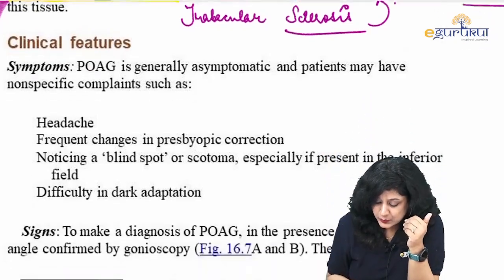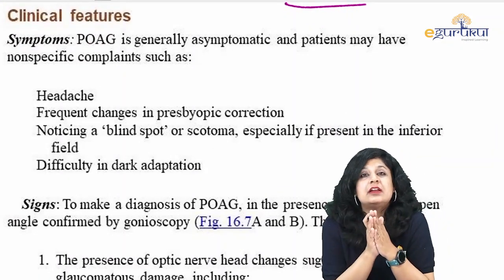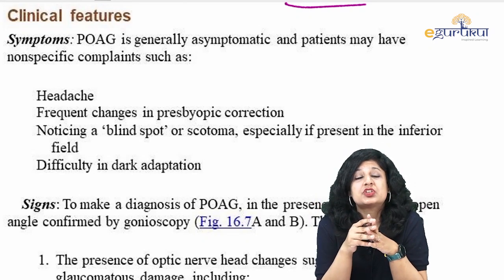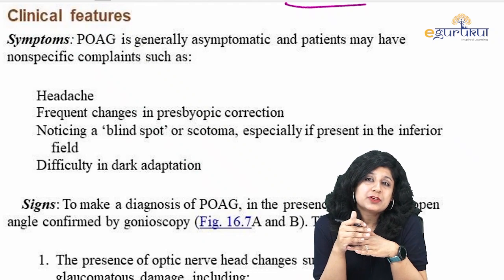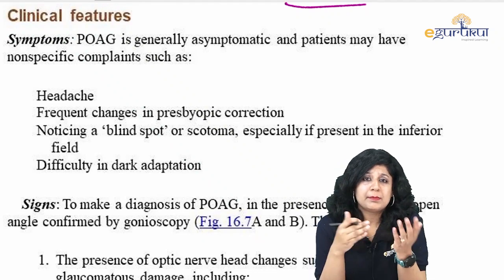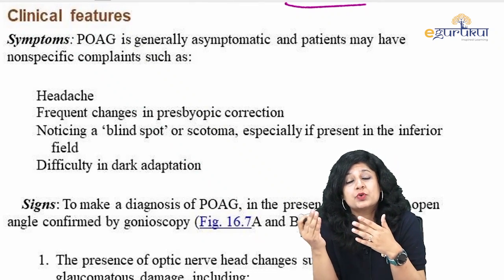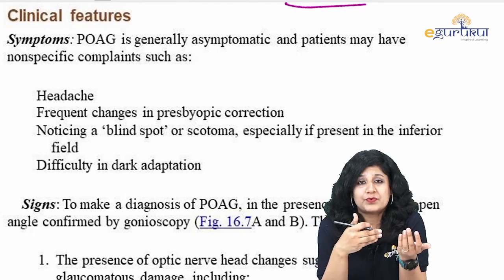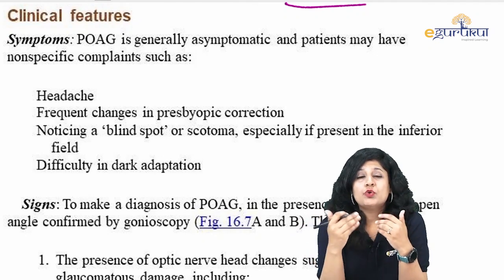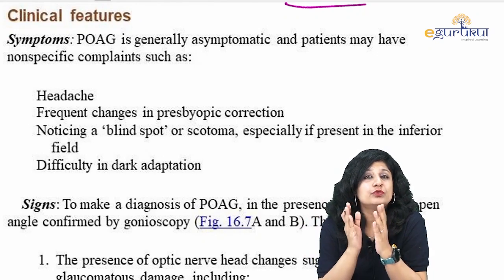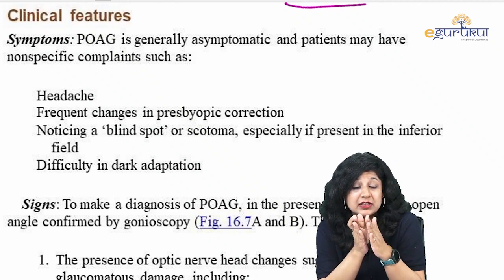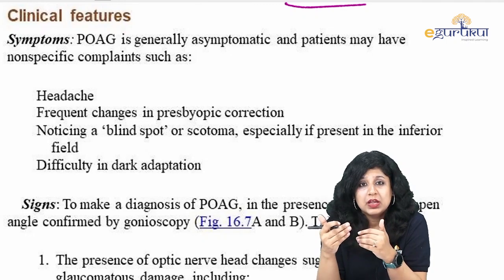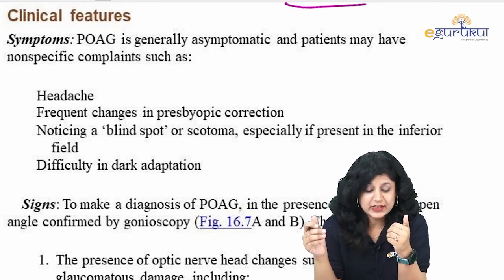Okay. Now we talk about the clinical features. Now again, clinical features are important because you know this open angle glaucoma is very, very similar in presentation to that of the cataract. So whenever a patient of elderly age group, maybe a male, maybe a female, is coming with the gradual painless, progressive diminution of vision, the two things that at once strike our mind are the senile cataract and this open angle glaucoma. So you have to take note of those features which are the same in both the conditions and those features which are different also, so that you get to know whether it's cataract or whether it's glaucoma.